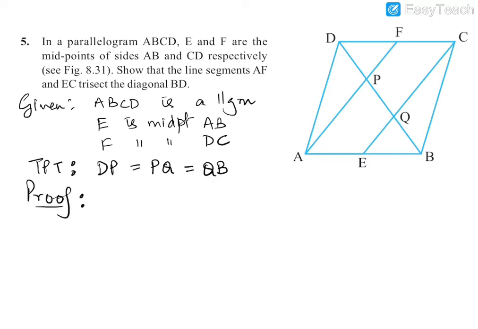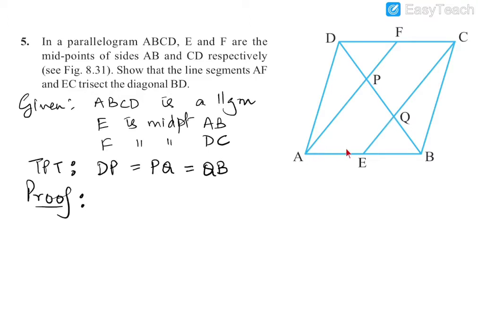Since we have to make use of midpoint theorem and its converse to answer this question, we will first have to find a triangle in which we can apply this theorem. We are given F as midpoint of DC. So if we consider triangle DCQ, then F is the midpoint of one side, and if we show that PF is parallel to QC, then we will be able to apply converse of midpoint theorem and say that P is midpoint of DQ.